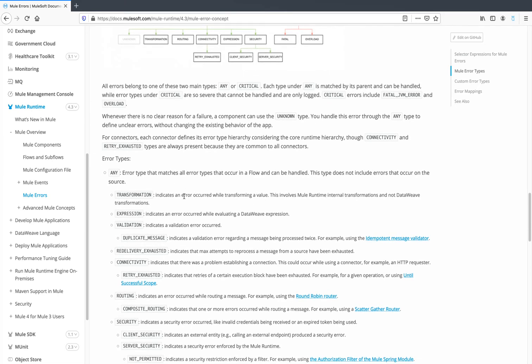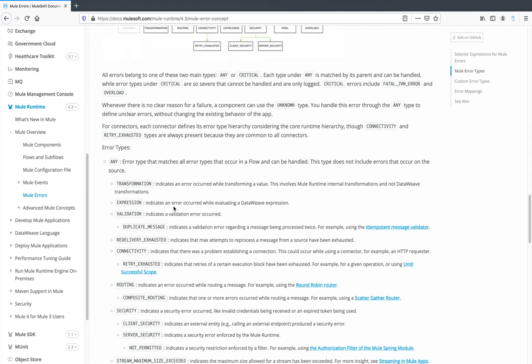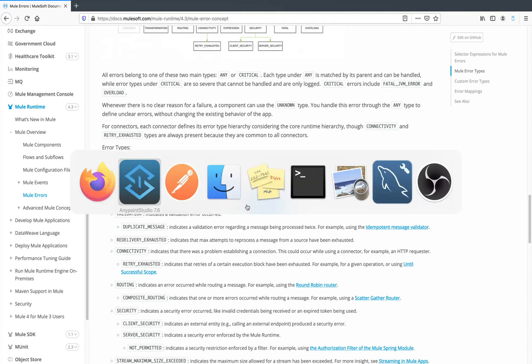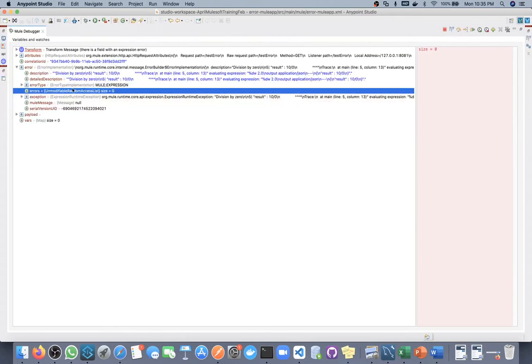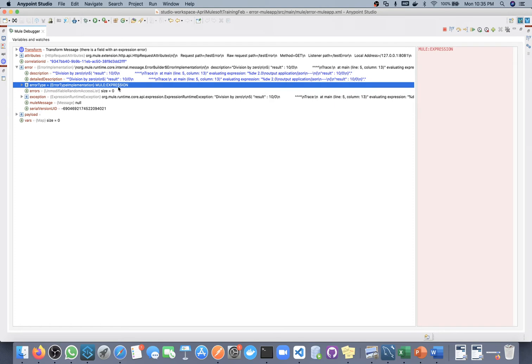Now you can see, transformation indicates an error occurred while transforming a value. Then expression error indicates an error occurred while evaluating a DataWeave expression. So just now, what kind of error did we get? We got an expression error, so if you see here, Mule expression. Why did we get this Mule expression error?